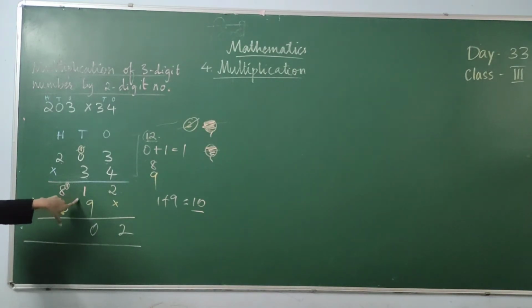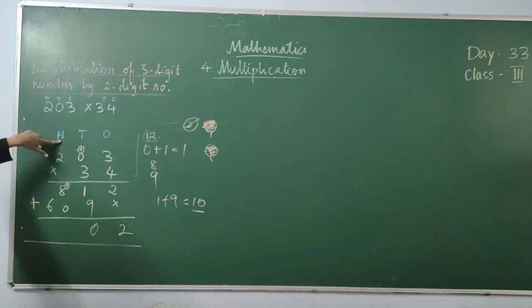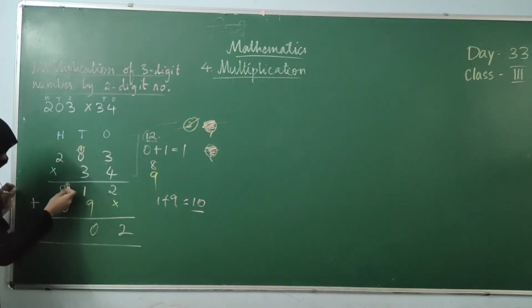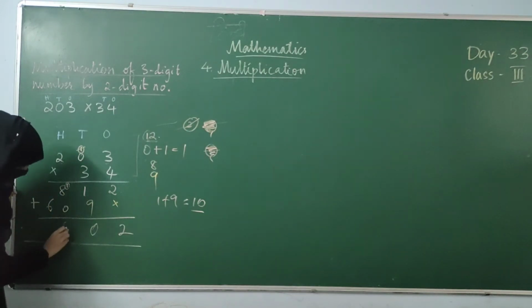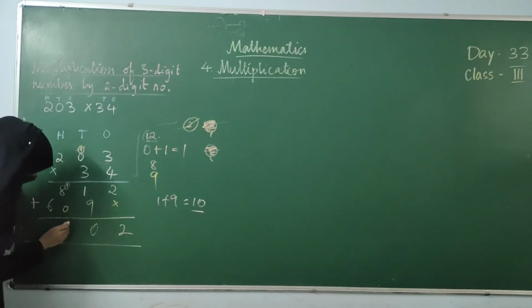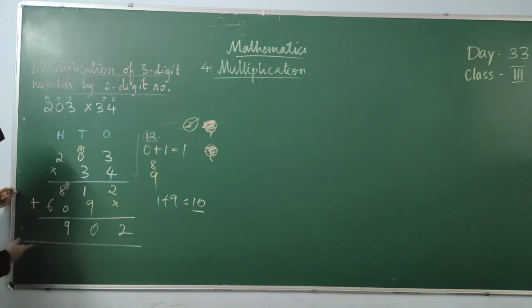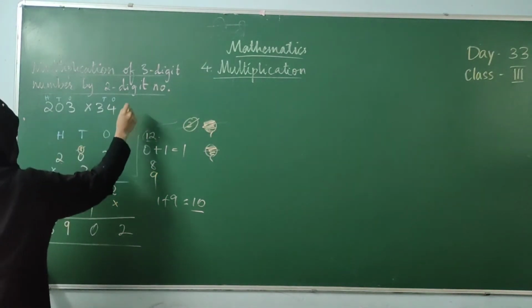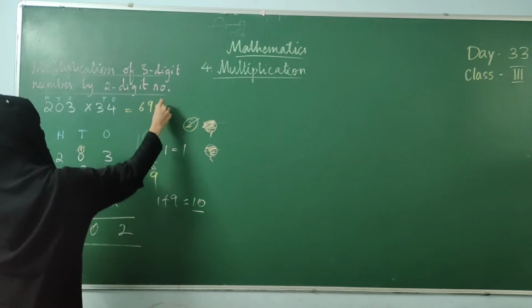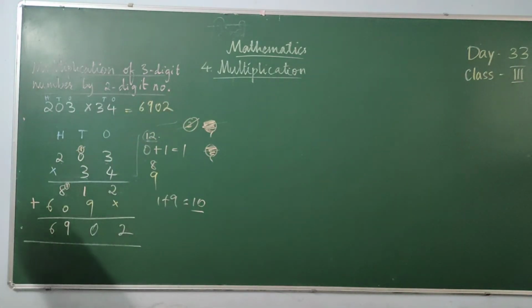While adding, if you are getting carry, don't take this carry and put it over here. It will be completely wrong. Multiplication का carry multiplication section में, addition का carry addition के section में. So 10 we got, 1 we carried. Now 8 plus 0 will be 8. 8 plus 1, 9. Now 6, nothing is there, again 6 only. So the answer is 6,902. We'll look into 2 more examples, something similar only, no change.